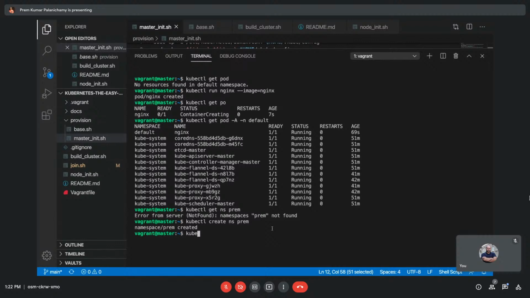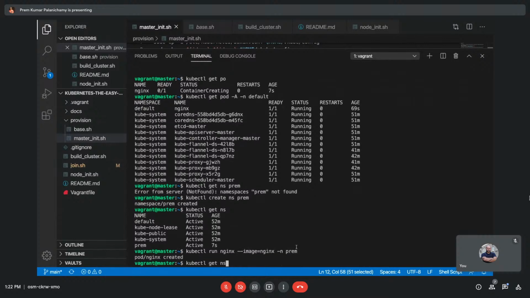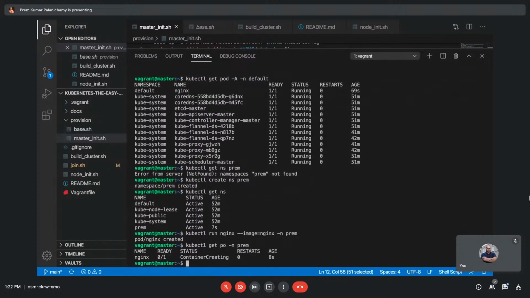Okay, now if I do kubectl get namespace, you can see a namespace called frame, and in one server, this is one single system, right? So what I'm going to do, I'm still going to run the same nginx pod command, but I'm going to specify the namespace explicitly, and this time pod, hyphen namespace called frame, and I still have my one more nginx pod got scheduled on a different namespace called frame,